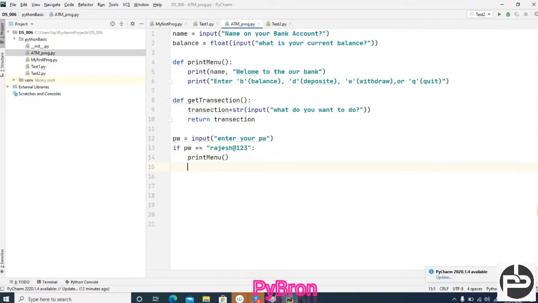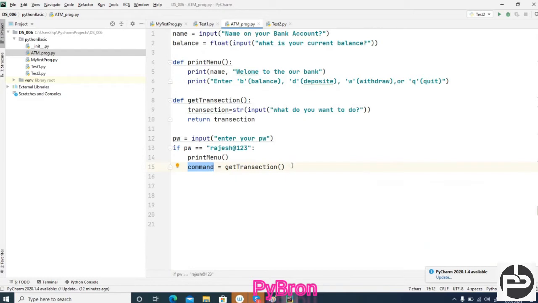I am going to call this get transaction method, and that method will return the user input. I am going to store the user input inside command. Based on this command, I have to execute that particular code. Hope it makes sense.